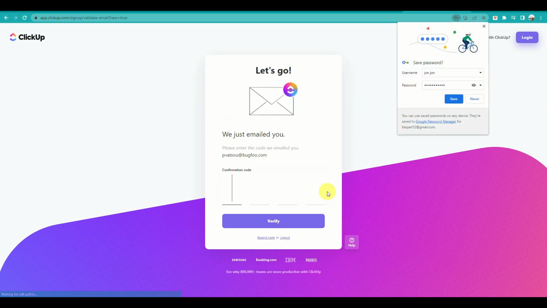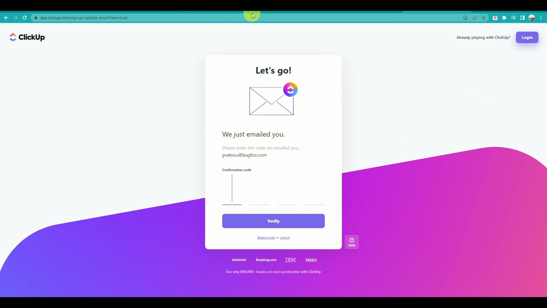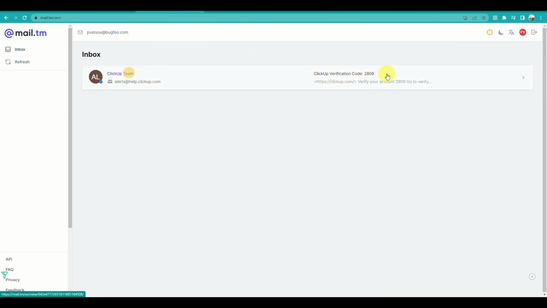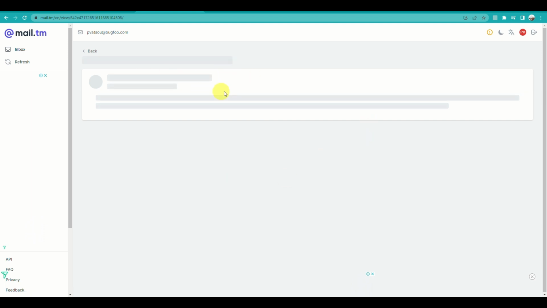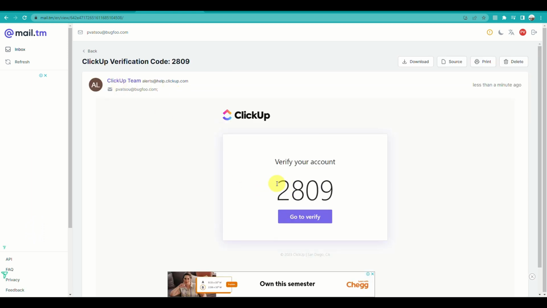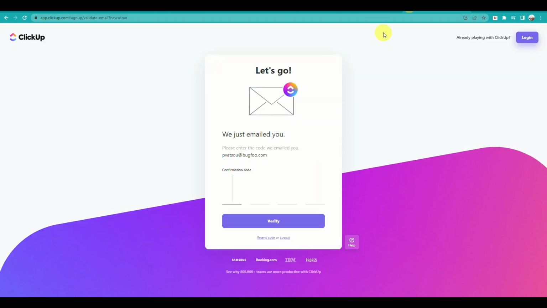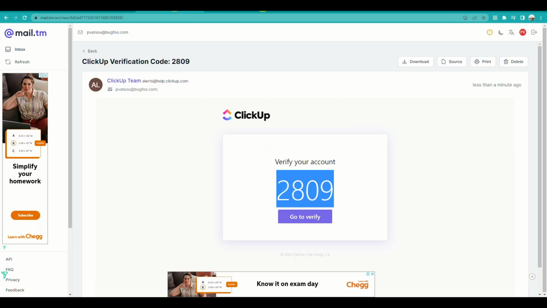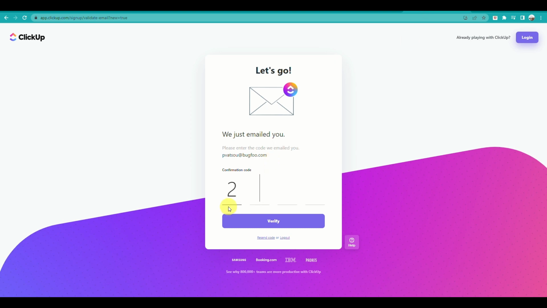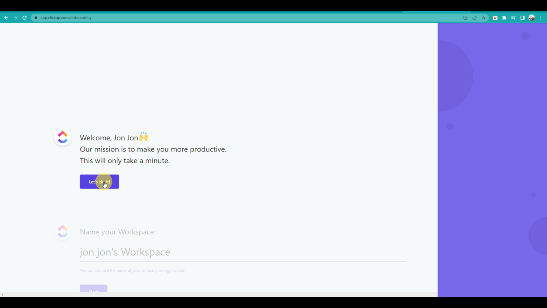and then there will be a verification code that will be sent to your email address. Let me just verify that here. So we'll be opening our email, and here I'll be copying the verification code, and then go back to ClickUp. So let's type it in, and okay, we can go ahead and click on let's do it,